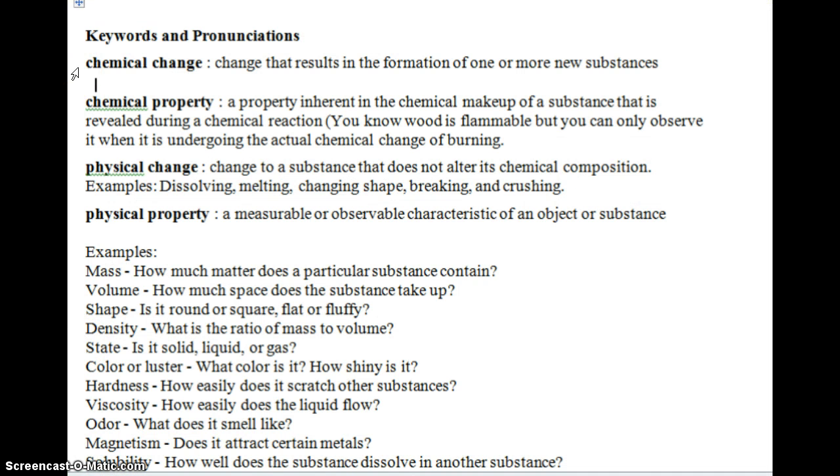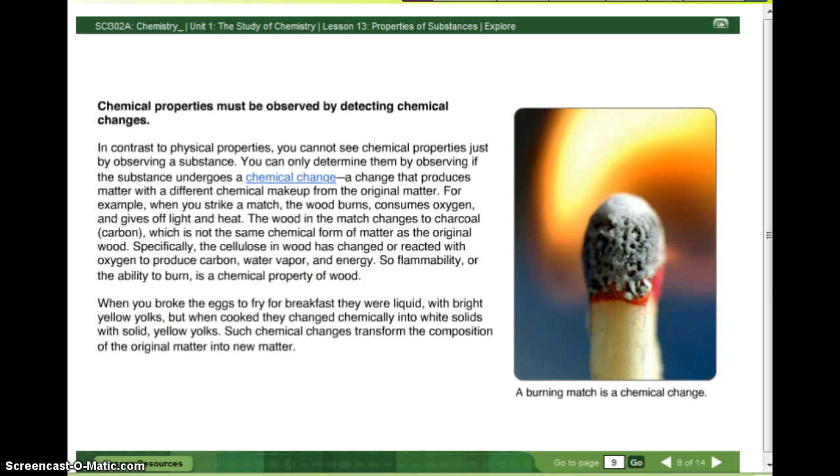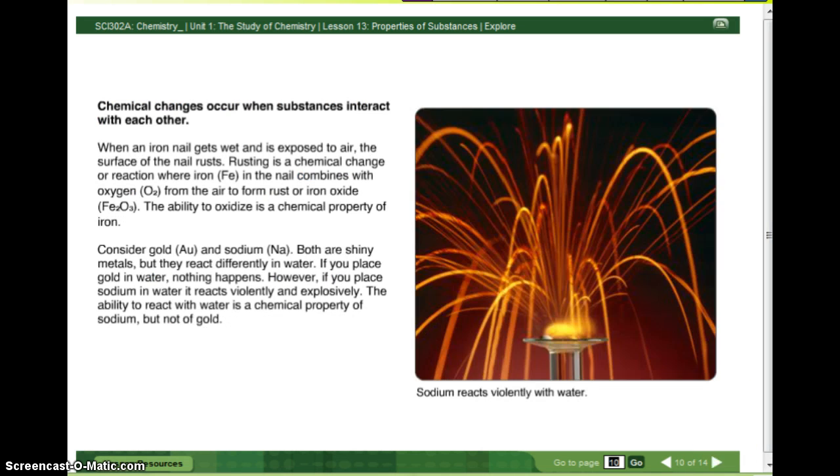So in our notes, chemical change: a change that results in the formation of one or more new substances. Chemical property: a property inherent in the chemical makeup of a substance that is revealed during a chemical change. In other words, you know wood is flammable, but you can only observe or see it when it is undergoing the actual chemical change of burning. Chemical changes occur when substances interact with each other. When the iron nail